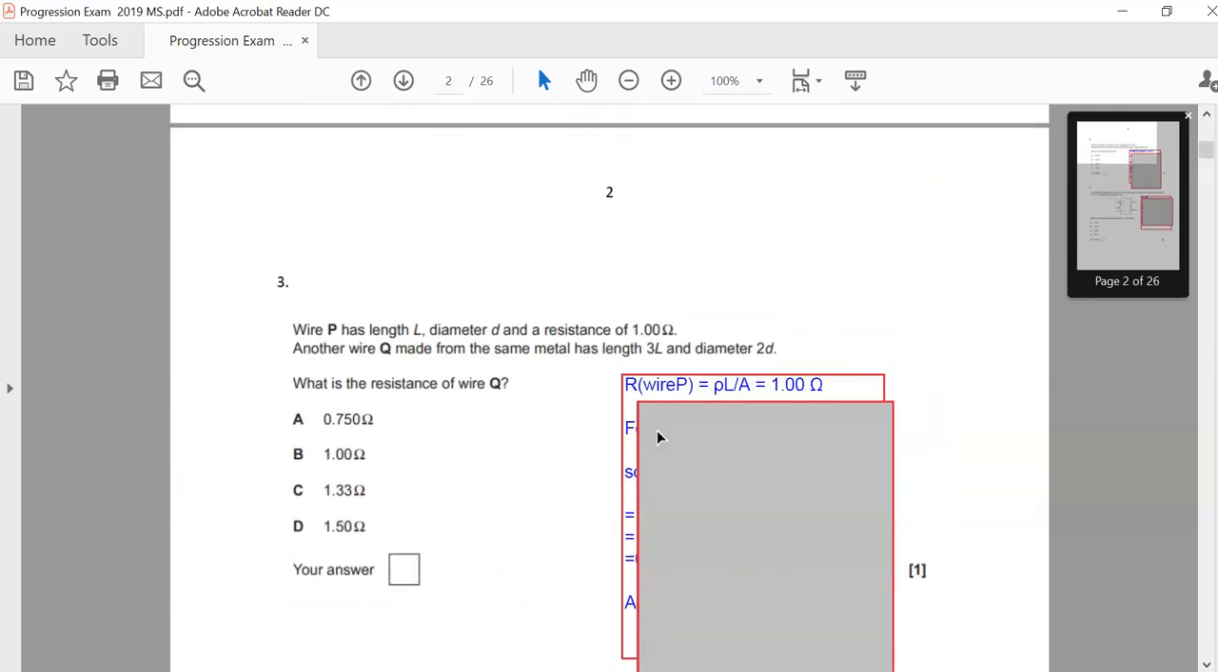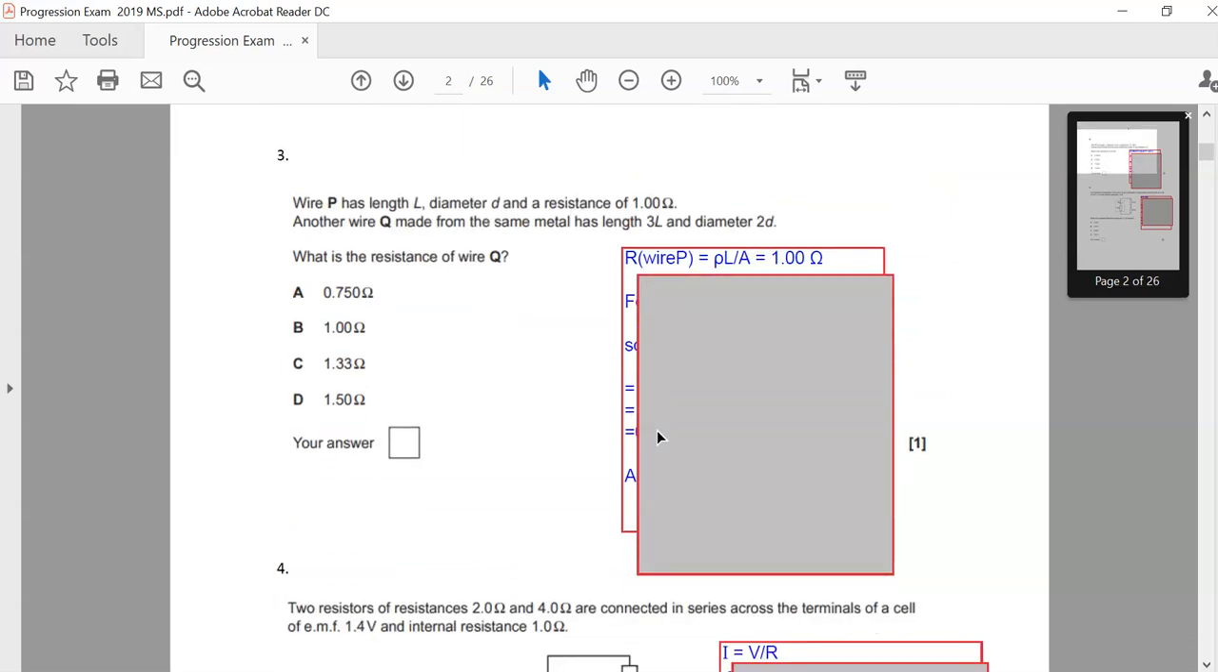Question 3. Now this is quite a good one to look at as a general case as well, because these types of questions come up quite a lot, where you're given some initial information and then a change is made in some way. In this case it's to do with the wire's length and diameter, and the question is about the impact of that change. So the question is asking us about